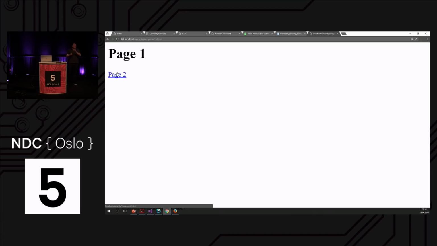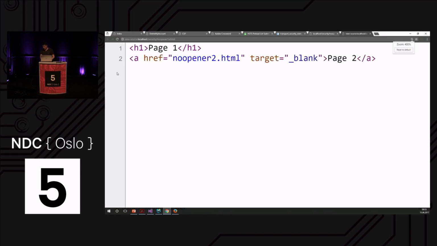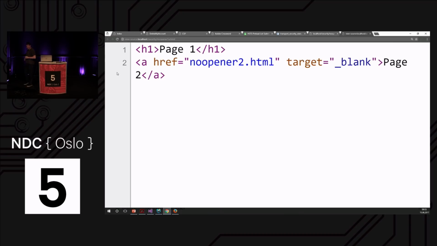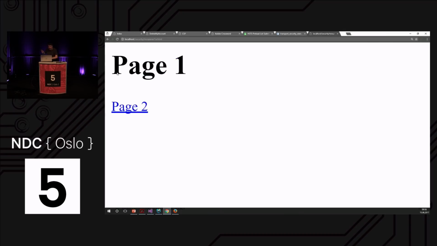So it's opening up another HTML page, and actually it's opening up that HTML page in a new browser tab. Because if you have a look at the source code, we're using target equals _blank, okay? So nothing fishy going on here. I am on page 1, and I click here on the link to page 2. Now, here in my setup, it's the same server, but it also could be an external server. So I'm here on page 2, I read all the fascinating information on page 2, and once I'm done, I hit Control W to close the browser tab. That's what I'm always doing, right?